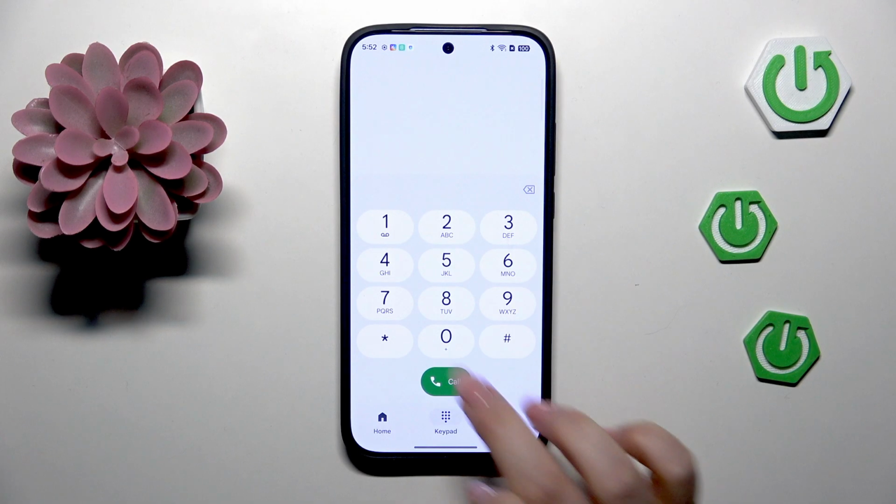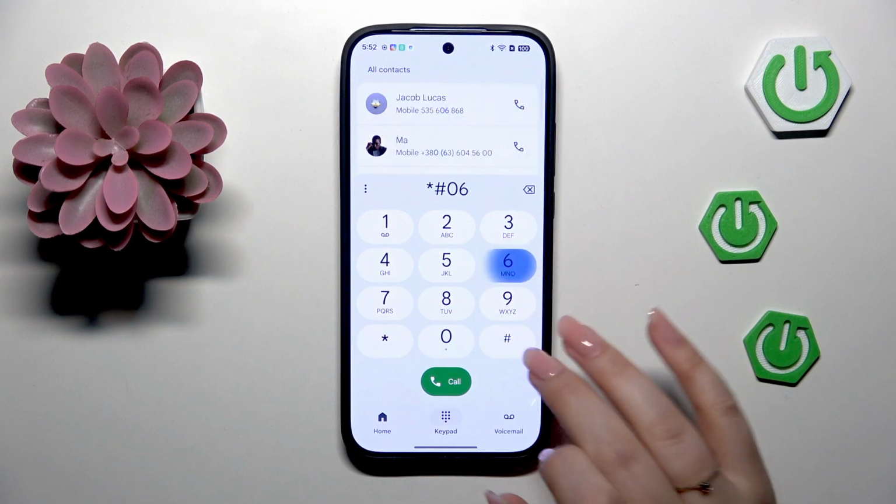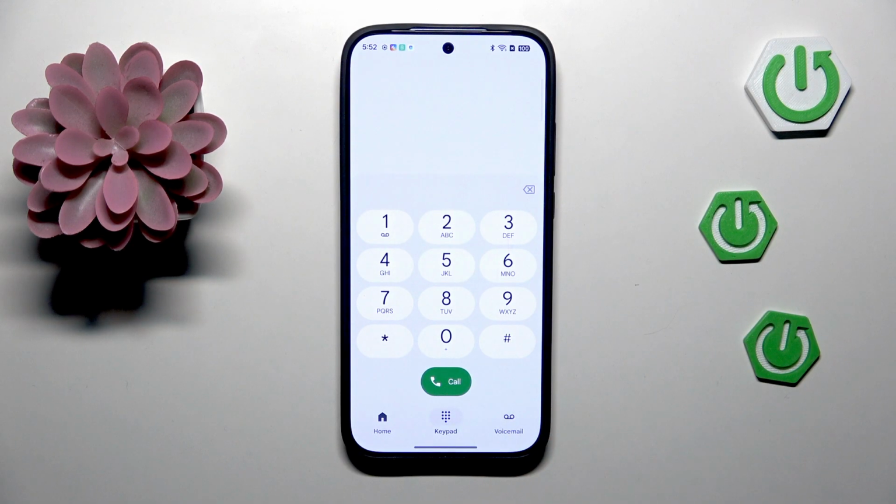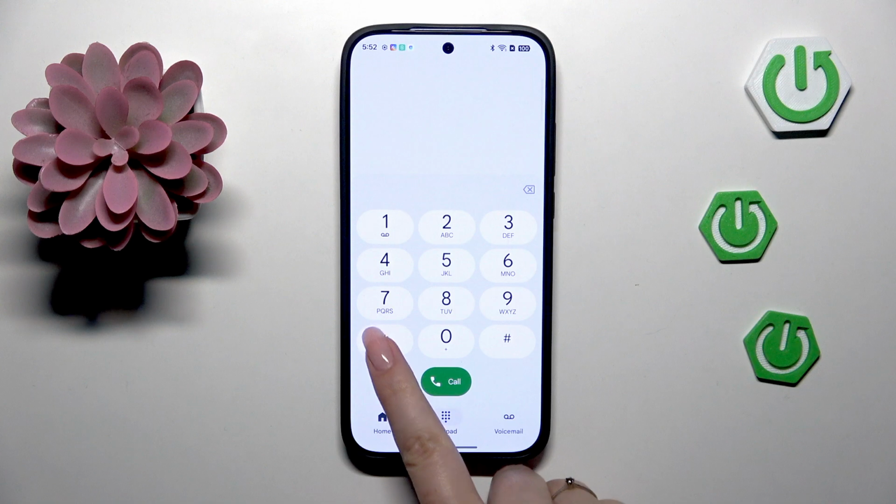Let's start with the shortest one, which is *#06#. And as you can see by this code, we are provided with both the main numbers and the serial number of this device. So let's tap on OK, and now another code, which is